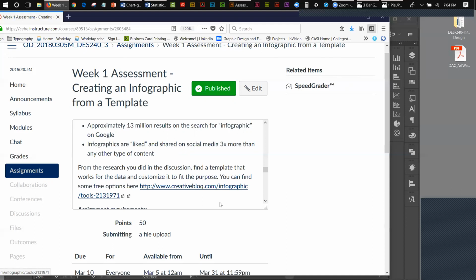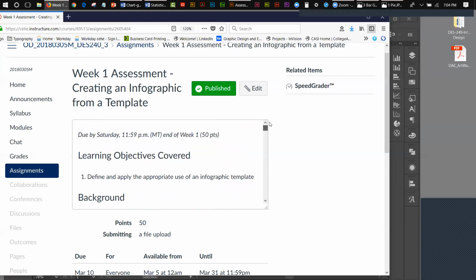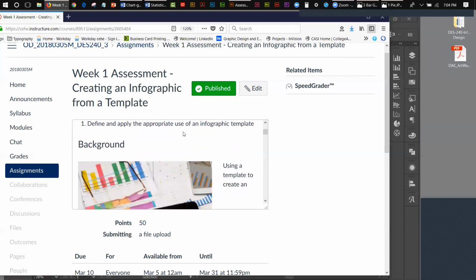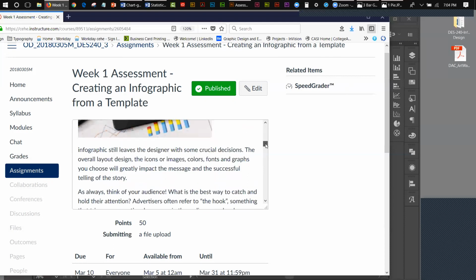So let me just go back up here and walk through this a little bit. Define and apply the appropriate use of an infographic template. That's what we're doing tonight. Using a template to create an infographic still leaves the designer with some critical decisions. The overall layout design, the icons or images, colors, fonts, graphs you choose will greatly impact the message and the successful telling of the